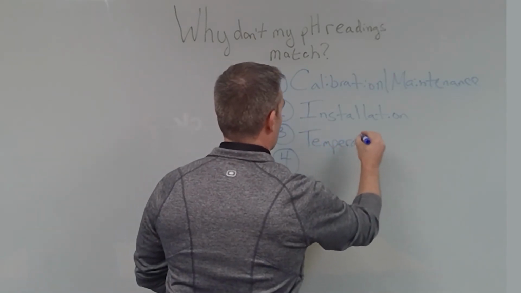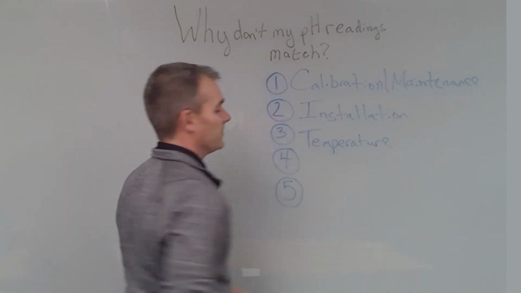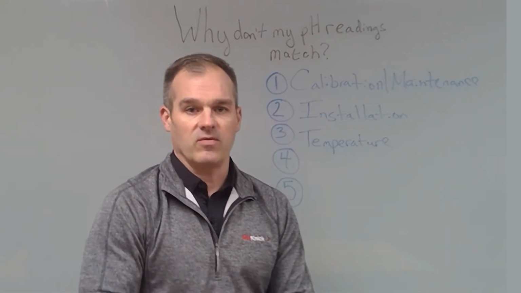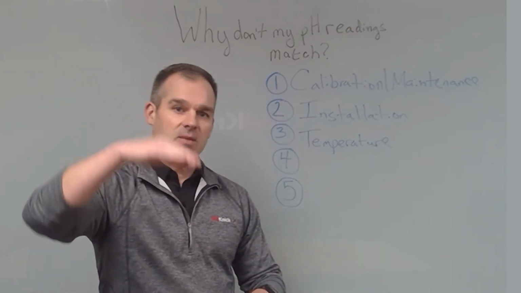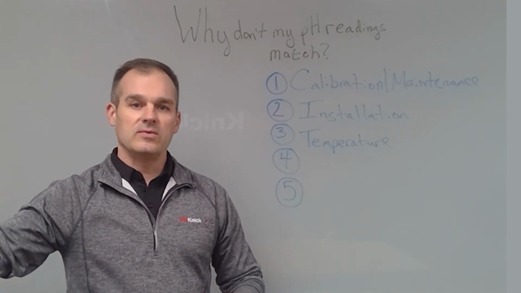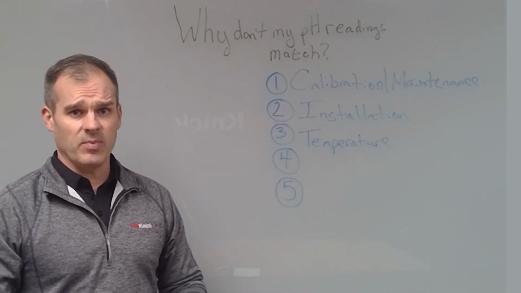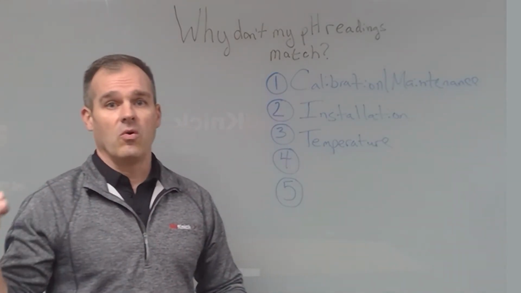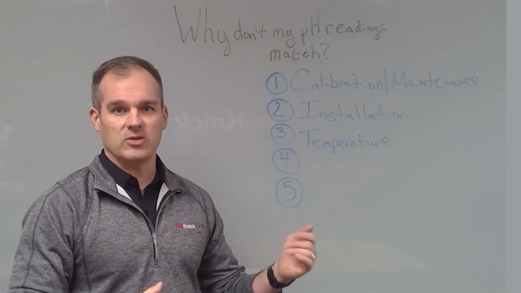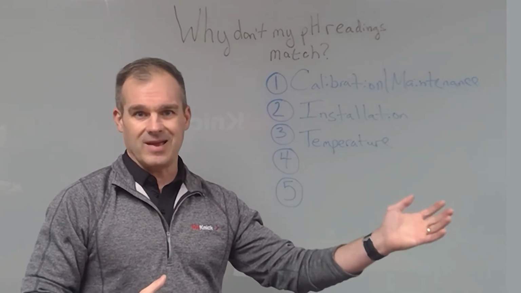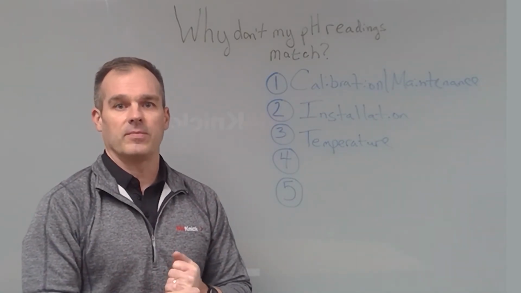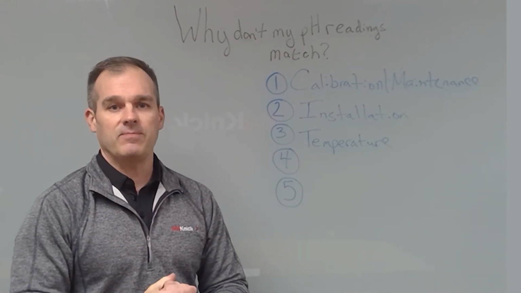So we all know the Nernst equation, right? Temperature has a direct impact on the accuracy of a pH reading. The higher the temperature goes, typically the lower the pH goes. So if you're using an offline type of measurement, either a portable or a laboratory measurement, it is possible that that temperature differential that you're seeing from the inline measurement could cause you to be off when you're comparing the two. So just keep that in mind.